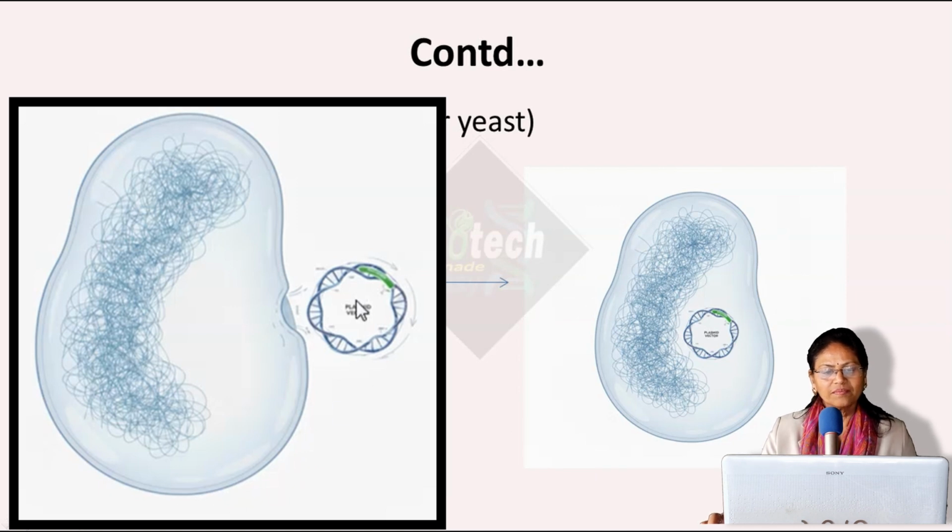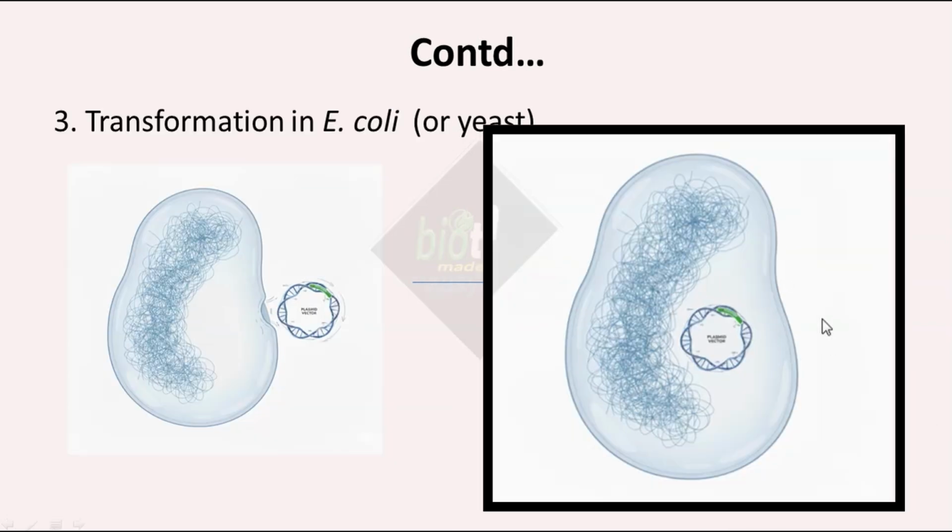This is the recombinant plasmid. This bacteria has to be transformed. Here you can see the plasmid has been inserted here, and this here you can see the bacterial chromosome, and here you can see the recombinant plasmid. So this recombinant plasmid is